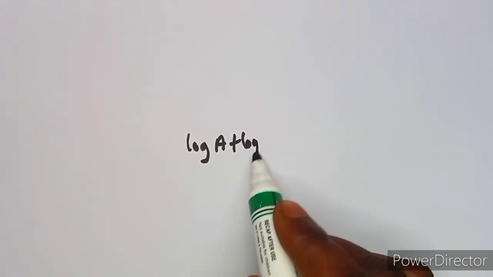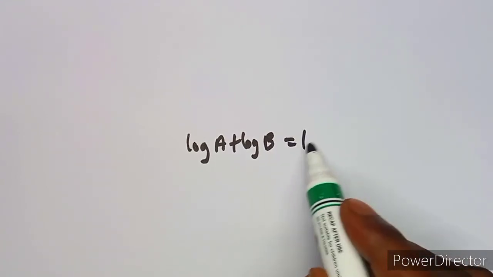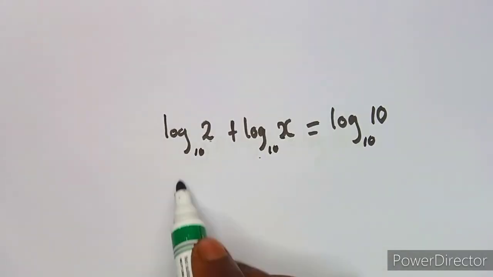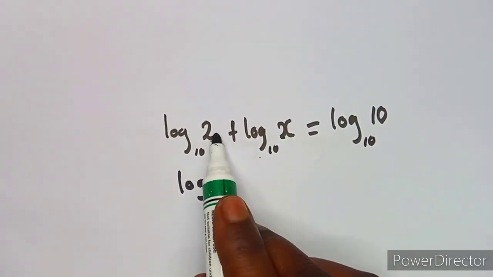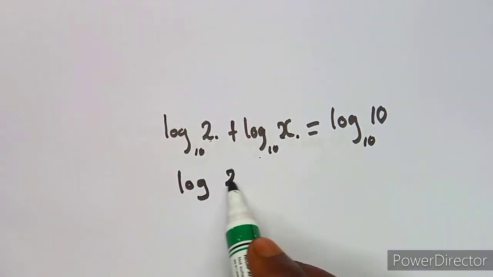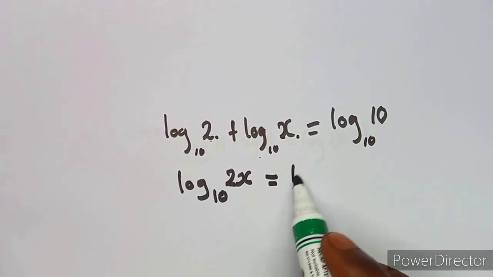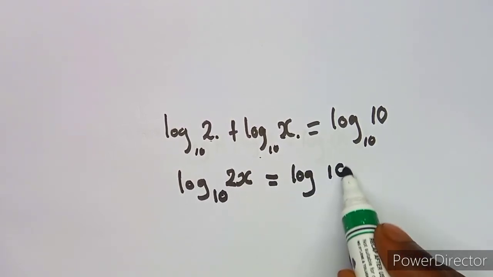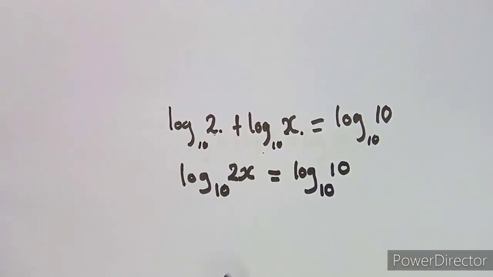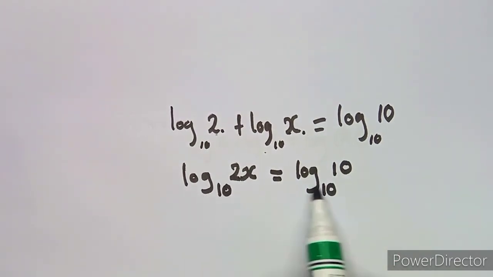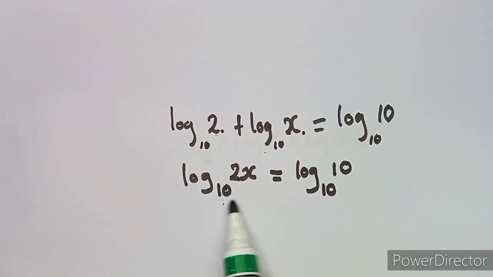Provided that the bases are the same, you're going to multiply the numbers there. That is the case here, so that you can obtain a single logarithm. So you're going to multiply 2 times x, which is 2x, and we are in base what? We are in base 10, which is equal to log 10, which is in base 10. So as we can see, we now have the same thing on the left-hand side, and on the right-hand side we now have a single